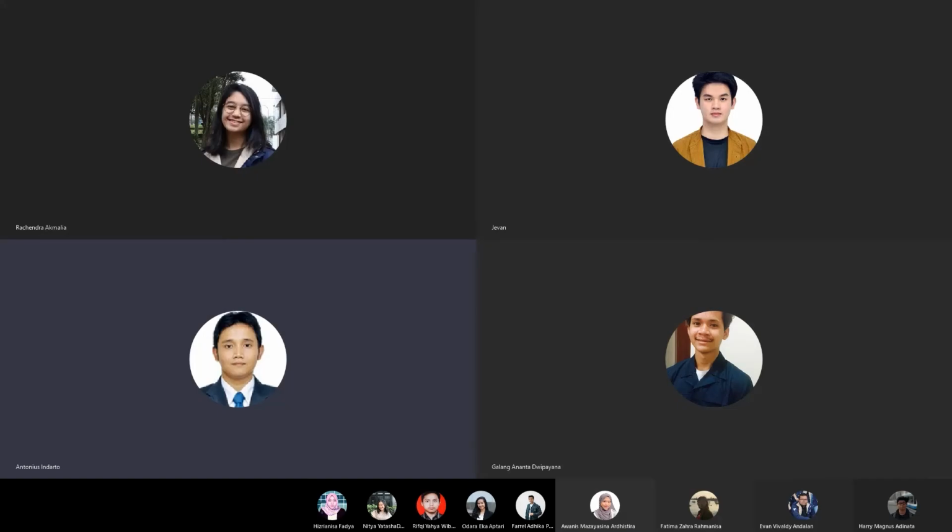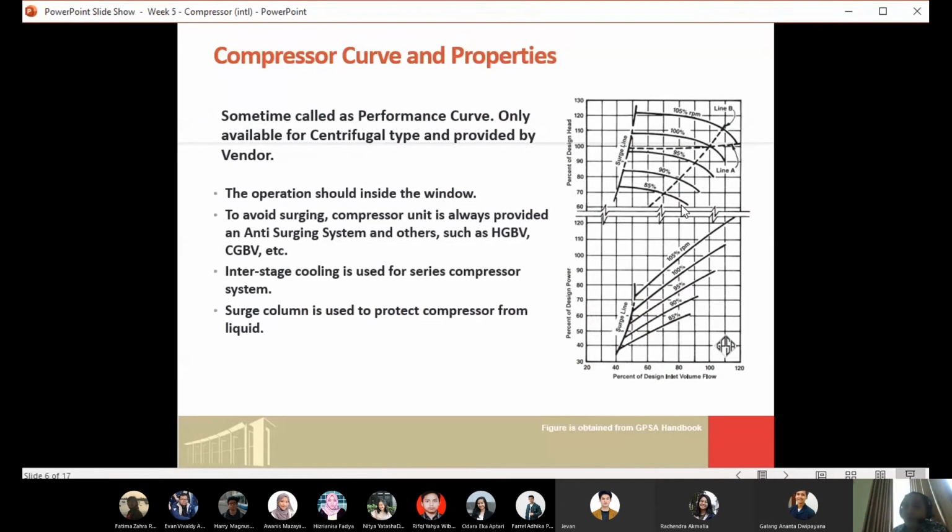Curvy line means one speed of the compressor, or the speed of the blade of the compressor. It is limited by the surge line, which is the minimum flow rate that you have to provide in order to avoid vibration. Also there is the stone wall line, which is the maximum flow rate of the gas that you can supply to your compressor. You have to limit your gas in order to avoid the back pressure.